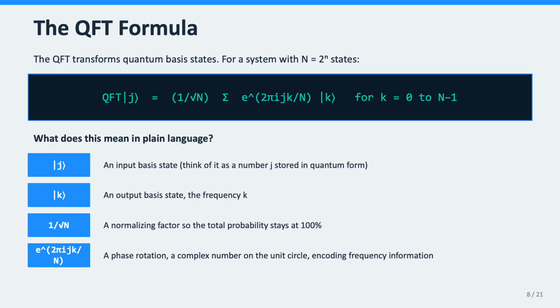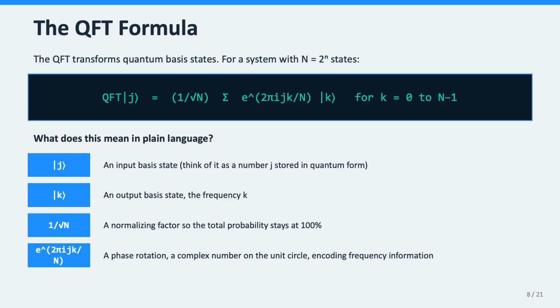Low output labels get gentle phase rotation. A high output label gets rapid phase rotations. The result is a quantum state that has encoded in its phases all the frequency information about the original input. The normalizing factor out front, 1 divided by the square root of the total number of states,